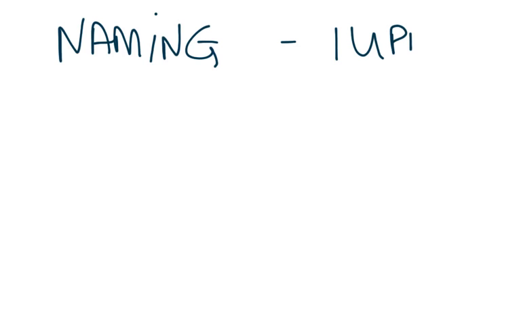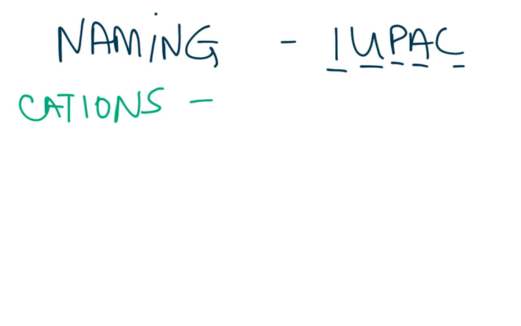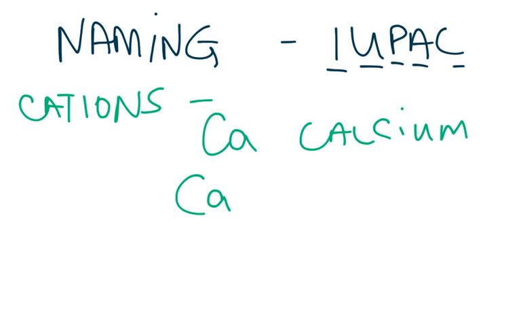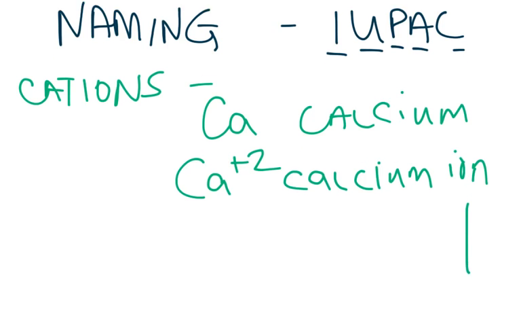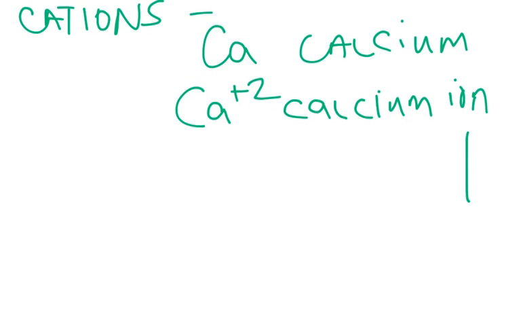Okay, so one of the last 2 nuggets for today is how do we name these ions? This is so easy. Naming follows IUPAC rules. That's the International Union of Pure and Applied Chemistry. They're basically people that make the rules. And it's really simple. For cations, you simply add ion to the name. So while Ca is calcium, okay, that's easy enough. If we have Ca +2, we name it a calcium ion. Yes, I'm being serious. That is all you have to do. It really is that straightforward. And believe it or not, you have to have that word or it's wrong, and that's the #1 mistake people like to make on